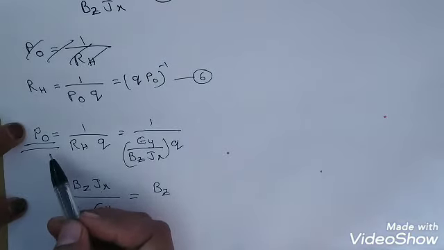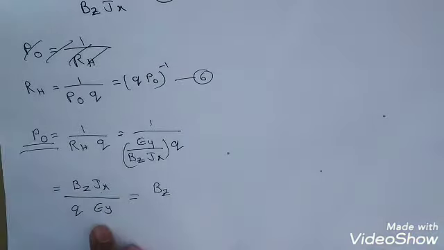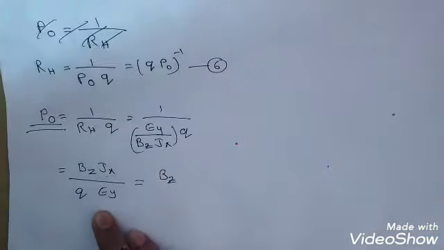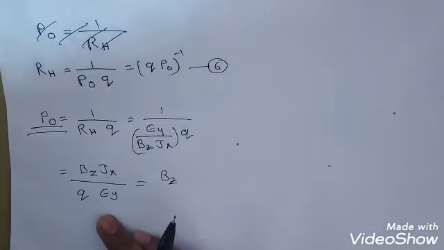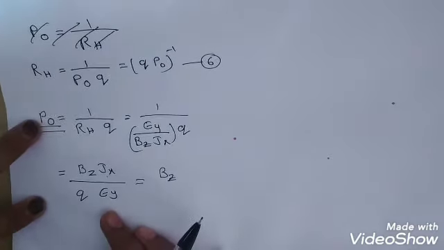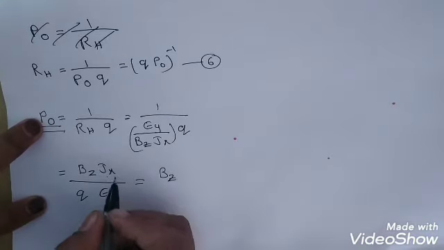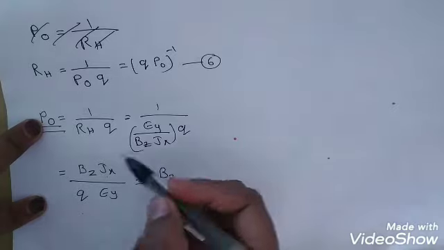So we can calculate whether the majority carriers are holes or electrons in a particular semiconductor material. By seeing the semiconductor material, it is not possible for us to find out whether it is p-type or n-type. So with the help of these equations, we can find out whether it is a p-type or an n-type material. Here Jx is nothing but the current density in the x direction.